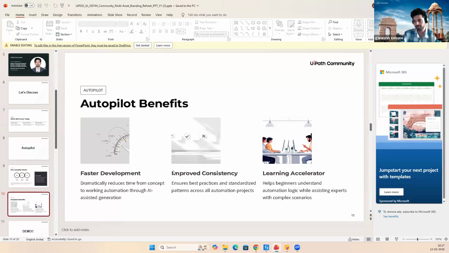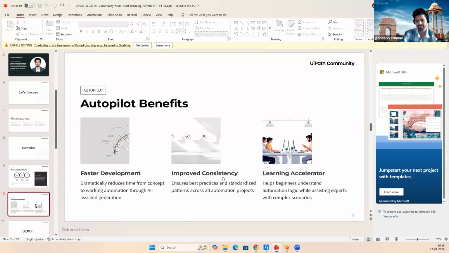The benefits of Autopilot are faster solutions, improved consistency, and accelerated learning. Faster development means it will save our time. Let's suppose we have a document and screenshot, it already creates a flow for us. We require some objects in our project, so it creates faster development.